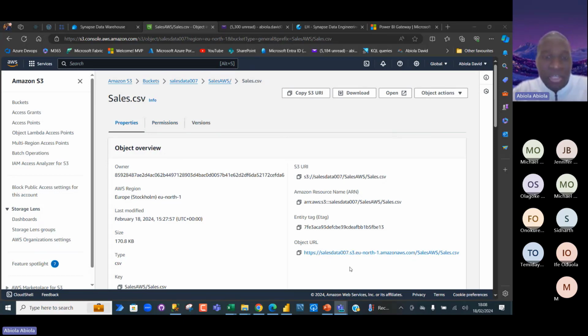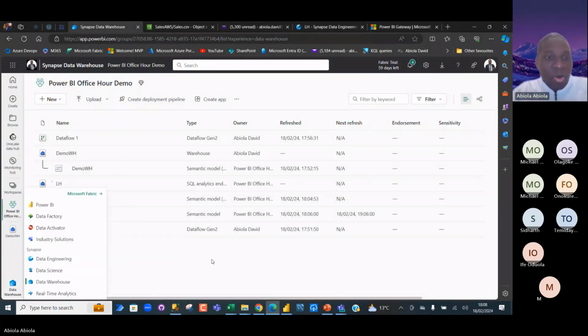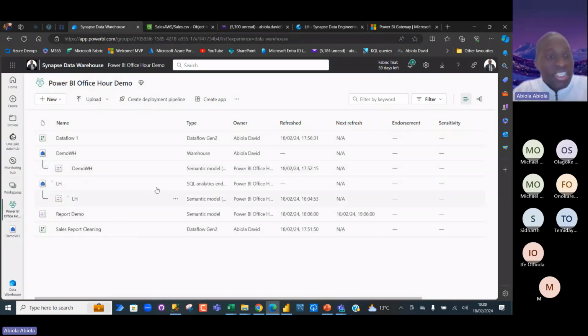Now, I actually want to get this data from the sales.csv of the sales AWS folder from the S3 bucket. So I'm going to go back to Fabric, and then I'm going to come here, and okay, so this is done. I'm going to use the same lakehouse. So just click on that LH.